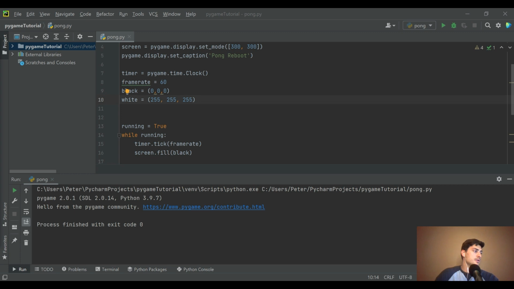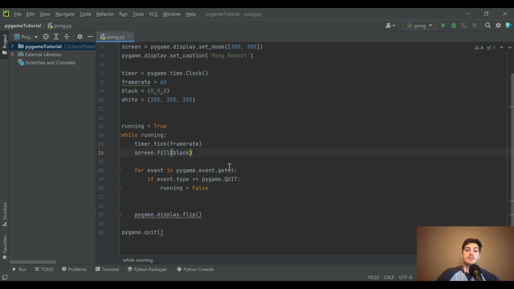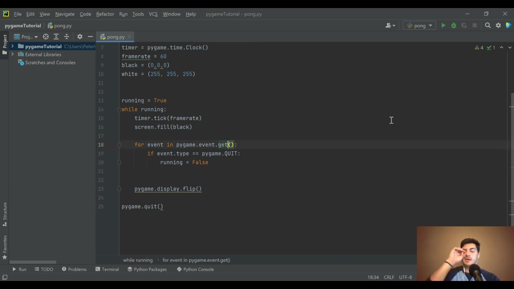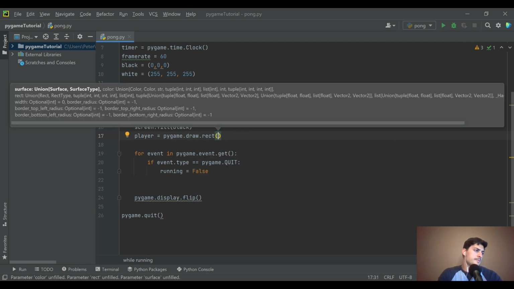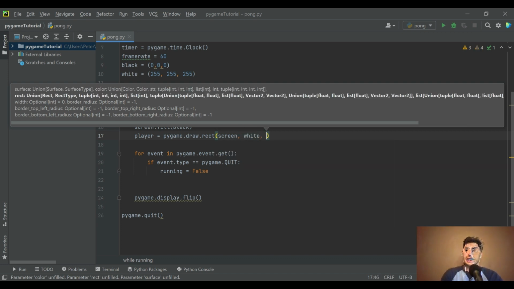Okay, so we drew the screen, and that's pretty sweet. Why don't we go ahead and for the next thing, let's draw the player and the computerized right paddle. So we'll have the player on the left and the computer on the right for this game. All right, so let's go ahead right under where we did screen.fill, and let's create a rectangle that we'll call the player. And the player's location is going to be equal to pygame.draw.rect, and then we're gonna put it on the screen. We want it to be a white rectangle, and now we give it the 4 arguments needed for a Pygame